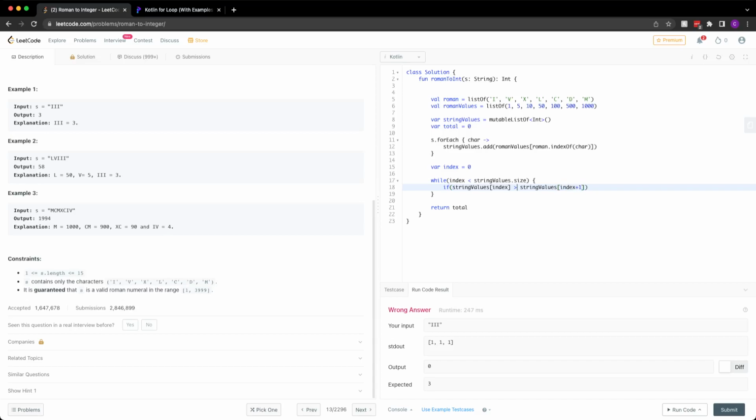It can be greater than or equal to. We want total plus equals string values at index.